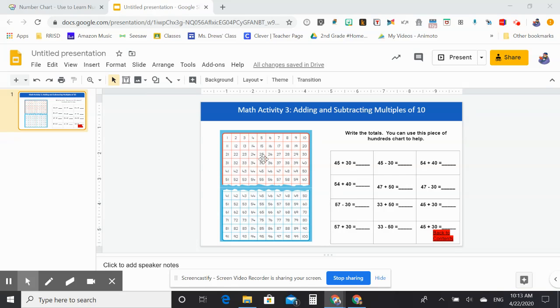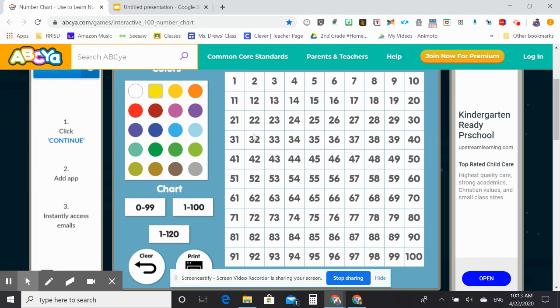So I can use this tool over here this week if I'm having some trouble counting in my head by tens. So I wanted to remind you how to use that. I'm going to flip screens so that you can see a little bit better on my hundredths chart. But of course, this is there for you to use this week. So I'm going to do that first one, 45 plus 30 first. Okay. So if I'm here on my hundredths chart, I'm going to start with 45,